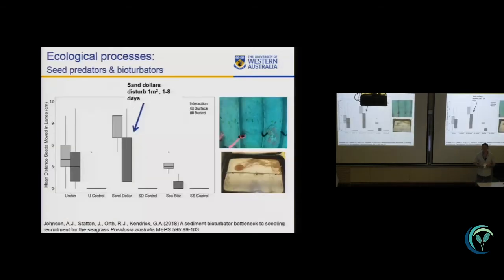So why is this actually occurring? What's actually linking up with these major losses? In locations that are less energetic, we're seeing a lot more benthic fauna. So we had a PhD student from VIMS come over and look at how these animals were interacting with the seeds. We put the seeds out in the field in these little raceways we devised, and we set up seeds in front of the animals. That's a sand dollar and a sea star. And we looked at how these animals interacted with these seeds